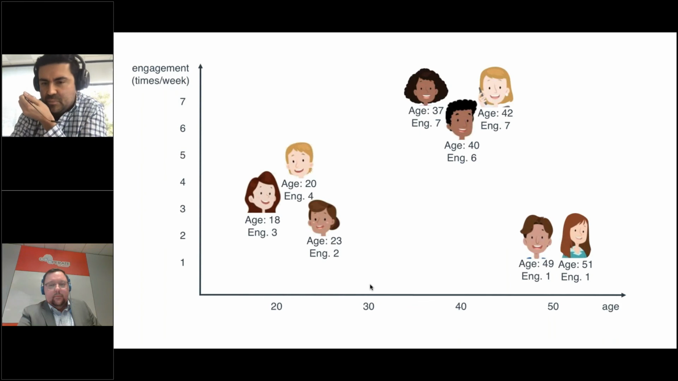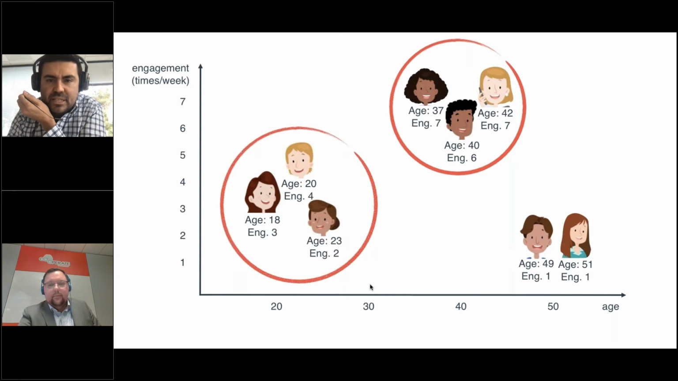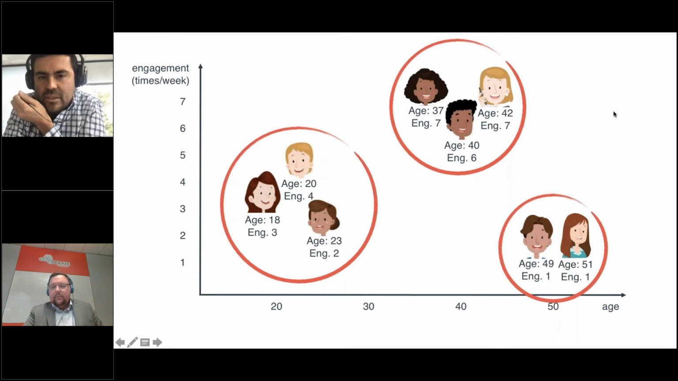And then you see the people in their 50s with low levels of engagement. So that seems to be the thing to do. If I want 3 marketing strategies, then I have 1 marketing strategy for these people, 1 different marketing strategy for these people, and 1 different one for these people. Yeah. So that is what